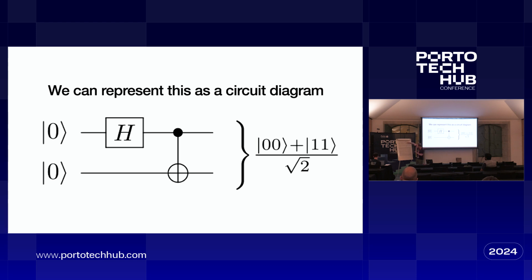So C naught, this gate here, says if the control qubit is in the state 0, do nothing to the second qubit. If it's in the state 1, flip it, do a not, do an X on it. Yes? But this qubit isn't a superposition of 0 and 1. Sure. Same thing. Because we hit it with the Hadamard first, so it's a mix of off and on at the same time.